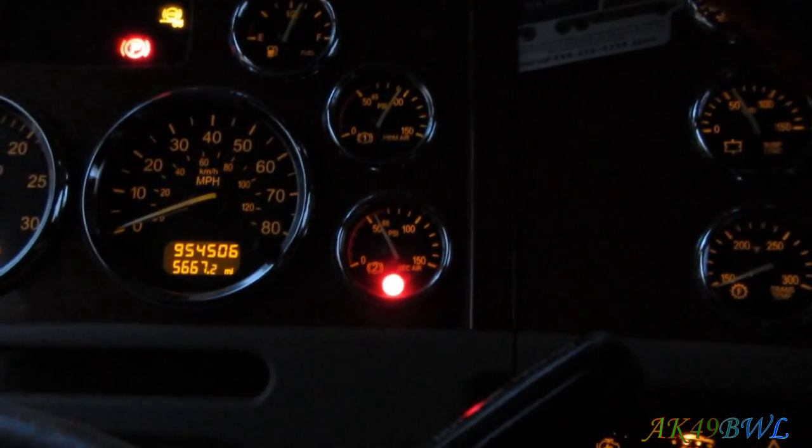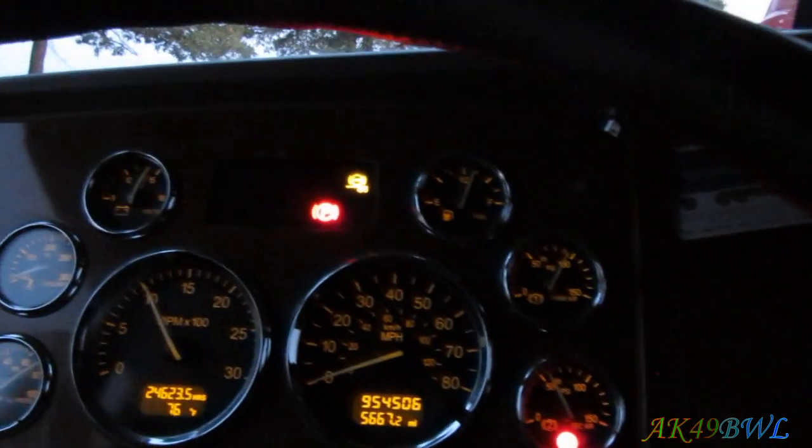Yeah, so that's pretty much it. Once this thing shuts up and gets up to about 80 or 90, I'll shut her down, turn it back on again, and that'll be gone. Perfect. In the meantime,